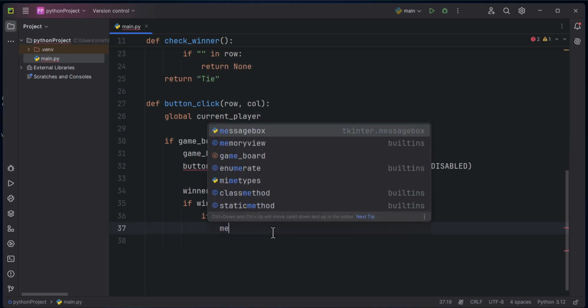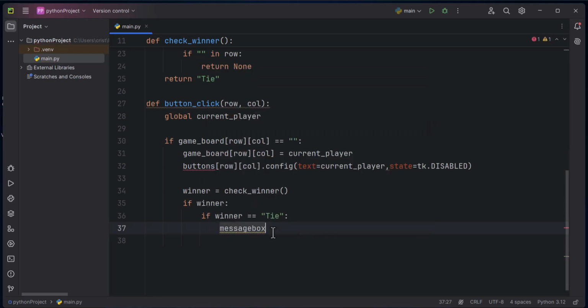then I'm gonna type message box dot show info, tic tac toe, and gonna put a comma here. It's a tie. So it's gonna show a tie message. Else